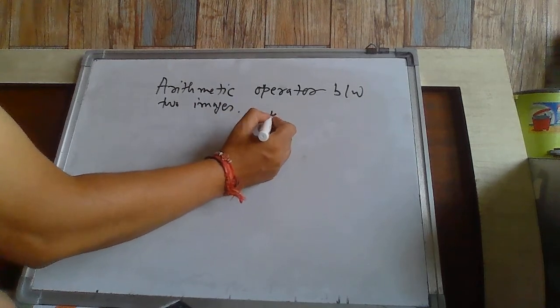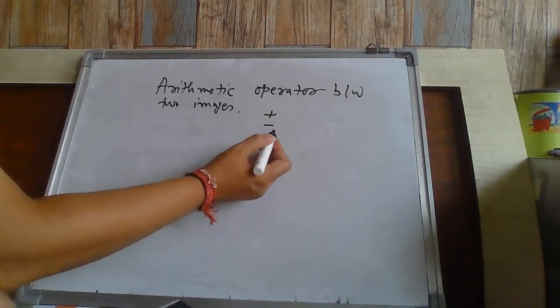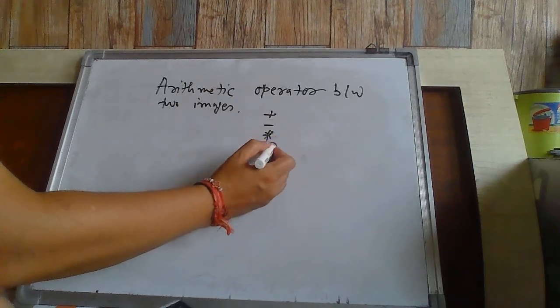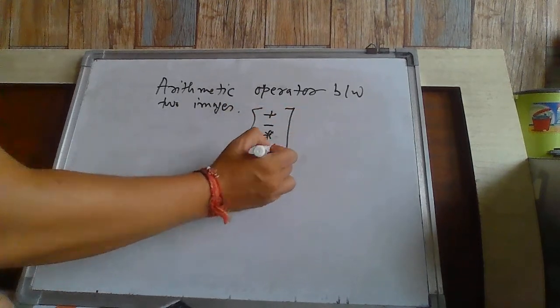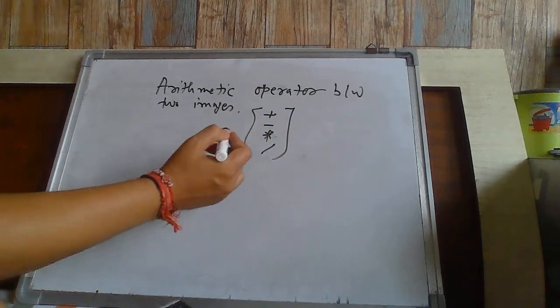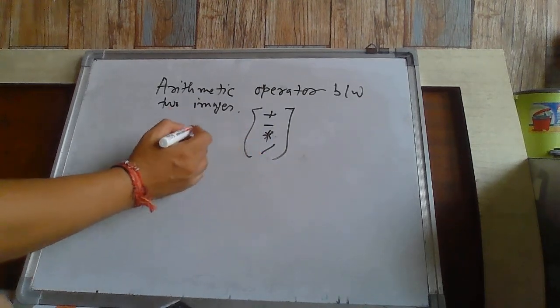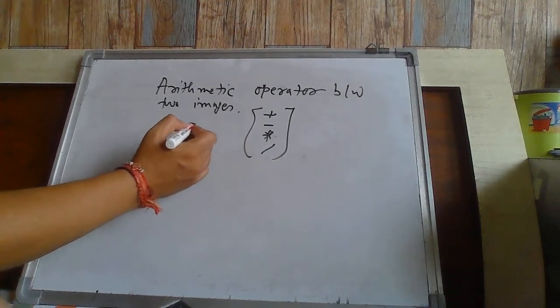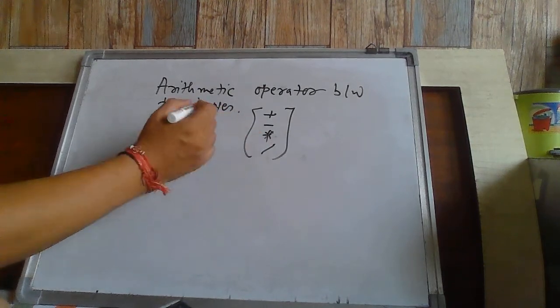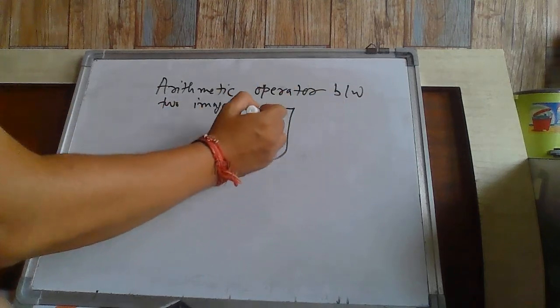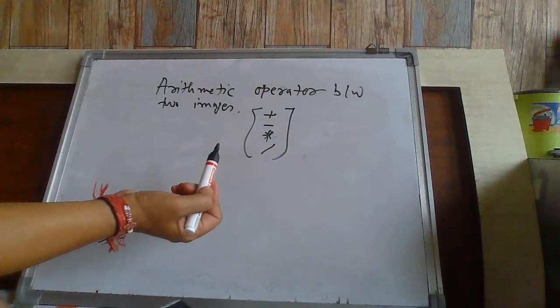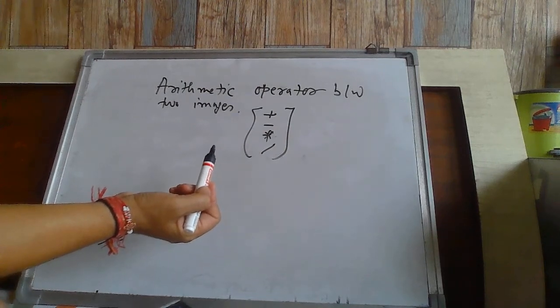We have seen what the different operators are that you can apply. You can add two different images, subtract two different images, multiply two different images, or divide. All four arithmetic operations you can apply. And how are you applying them? You are applying them pixel to pixel. These are basically array kind of operations, so we are applying them pixel to pixel between two images. These are the four kinds of arithmetic operations between images.